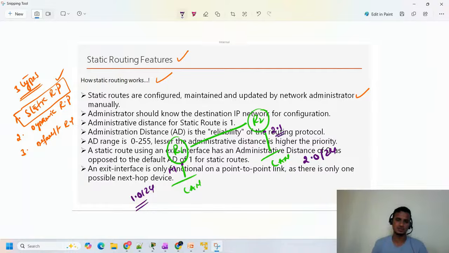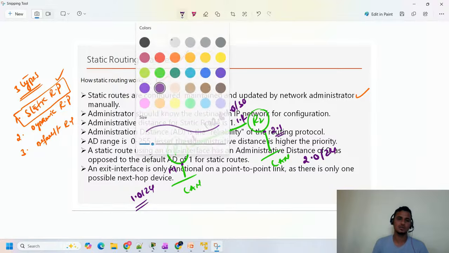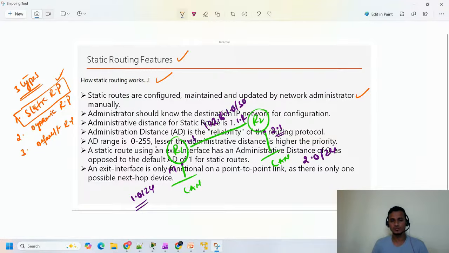Here we are going to take /30, so you will get 1.1 and 1.2, like a 172 subnet. 172.16.1.0/30 you will take, so you'll get two IP addresses. One side you will assign 1.1, and the other side you are going to assign 1.2. So if you have this scenario, the first point is that static routes